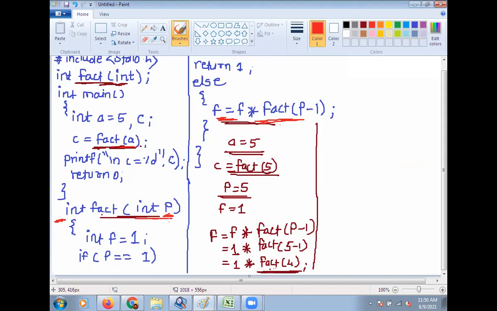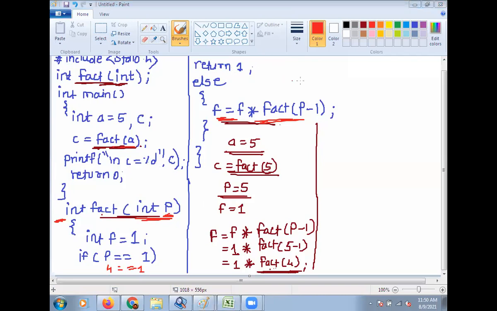Then go to the definition of the factorial function again. Now p is equal to 4. Then check, f is equal to 1, then 4 is equal to 1. This condition becomes false. Go to the else part.